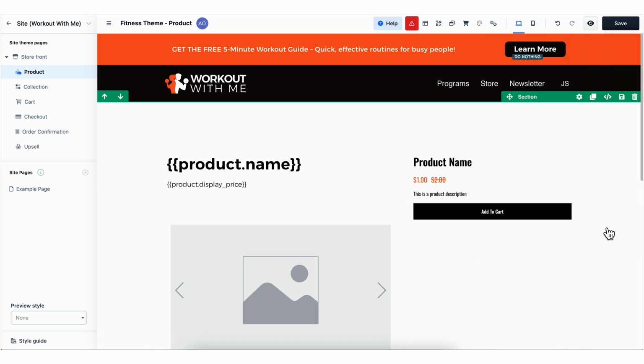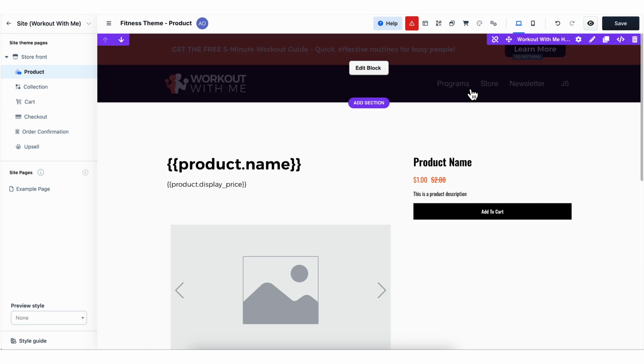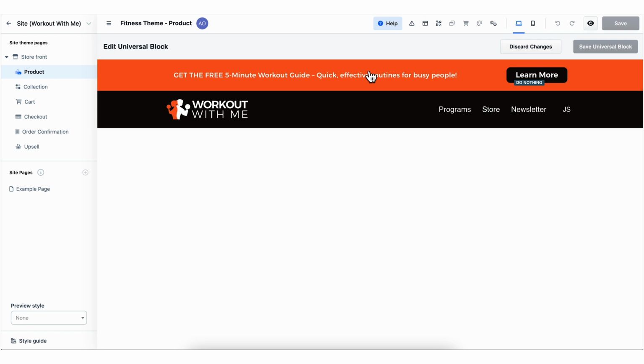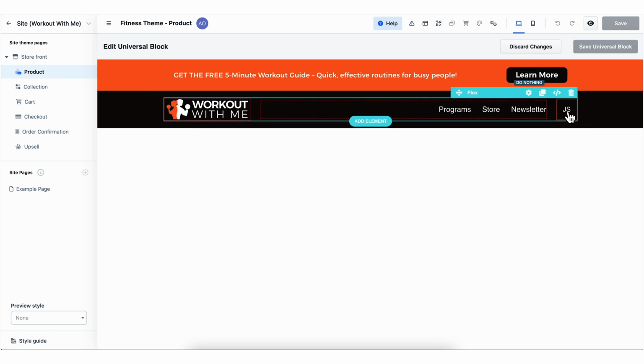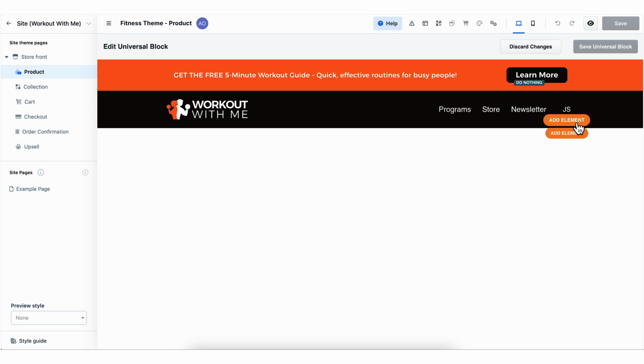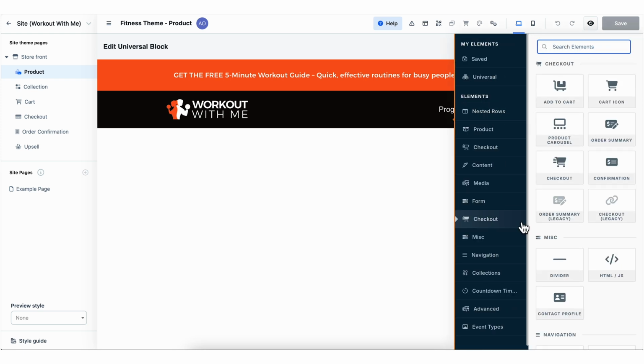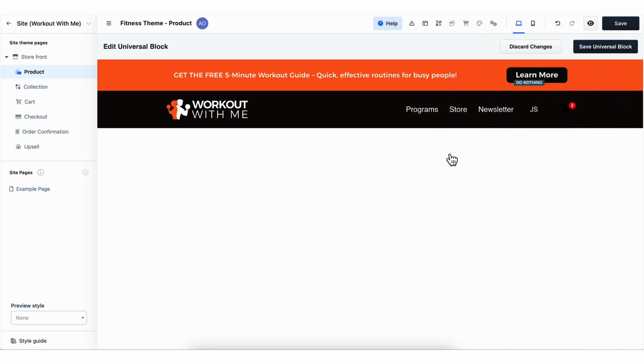Now that we have our Add to Cart element, let's add a cart icon element to the header. I'm going to edit the block, and once loaded in, I'll select Add New Element. From the pop-out, select Checkout again, and this time we'll pick the cart icon. We can see that it's been added, but the default color is black, so we'll need to change that within